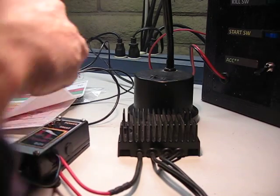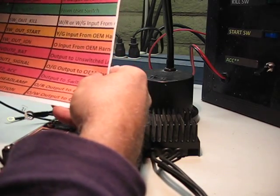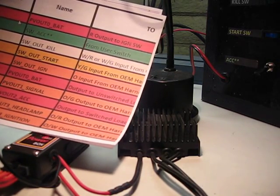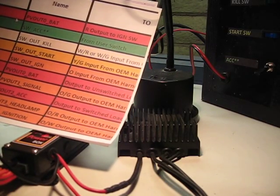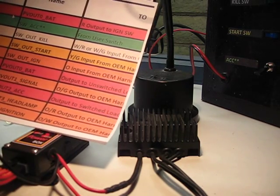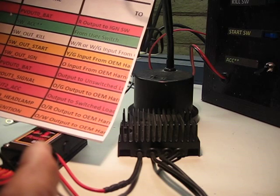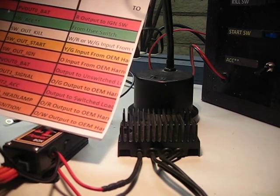Okay, and all these pins correspond. If you go back to the website at GS Resources, you'll see this sheet that represents the pin numbers 1 through 10 and the color coding for a pigtail, if you've got the pigtail, and the typical naming convention and where it's supposed to go. There's a limited number of colors I had available. I basically had red and orange. Red indicates a primary,